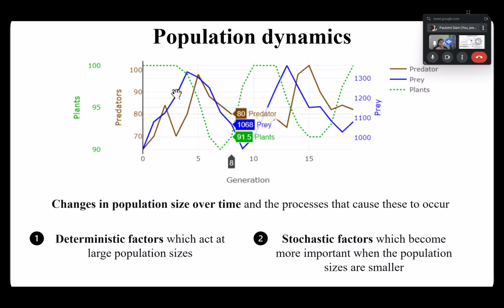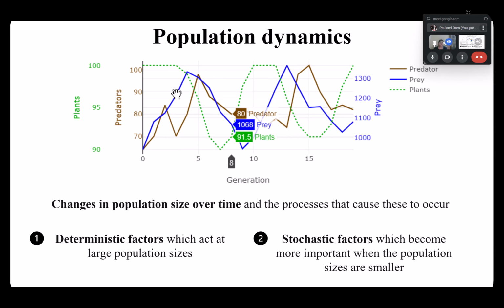Stochastic, by meaning, is by chance, and anything which is happening by chance to have a visible impact has to happen on a smaller population, because if it's happening on a larger population, the effect will be minimal because there are so many. Let's just consider it as an individual. There are many individuals, and there are some chance events. There are very few instances where you will observe it because it's a chance event happening only at a smaller scale. So if the population size is large, you don't see that effect.